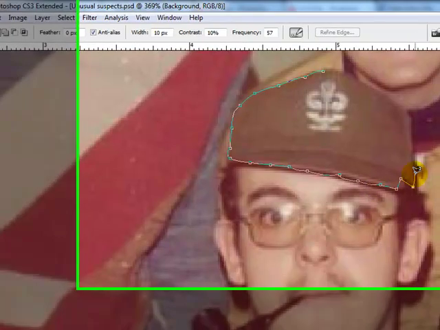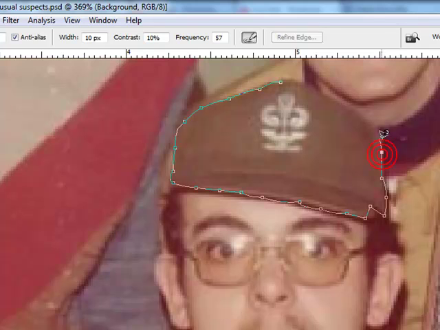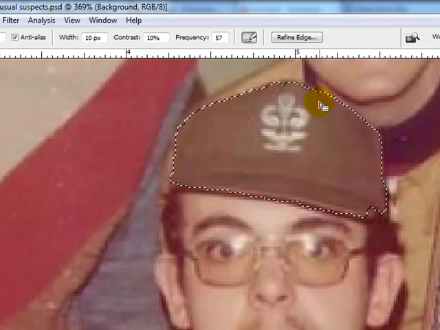But as you go along the border of the hat, it kind of clings to the color that you need it to, in the place you want it to. And it's just kind of magnetically staying there. It takes a little bit of practice, not too much, but you can very easily grasp just the part of the image that you want by using this tool. Okay, once you get there, you just close it off by clicking on the first point, and you have now